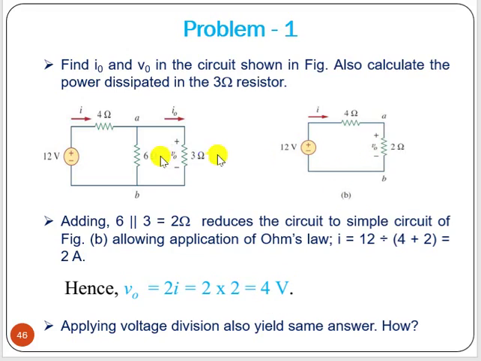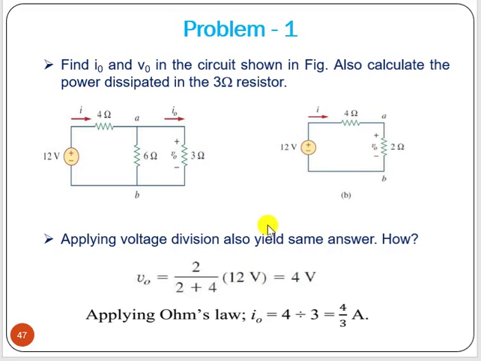Now this 4 volt and this 4 volt are the same. Why? Because these two are in a parallel circuit. Now we can apply the voltage division rule also. This 12 volt is applied here. Without finding the current and multiplying with resistance, you can directly apply the voltage division rule as 12 volt into same branch resistance 2 divided by total branch resistance 6. So 2 by 2 plus 4, that is 6, giving 4 volt. So here also 4 volt, here also 4 volt.